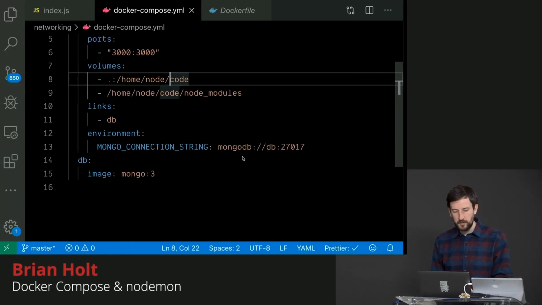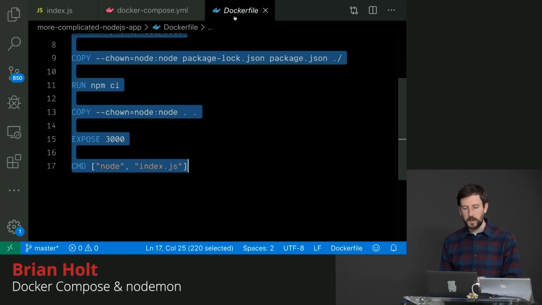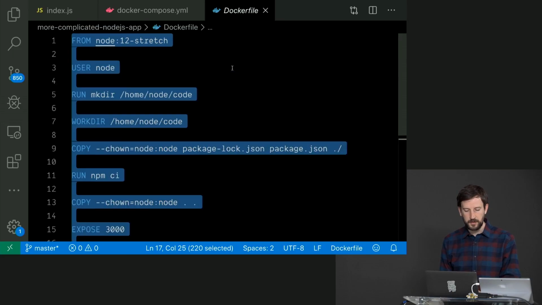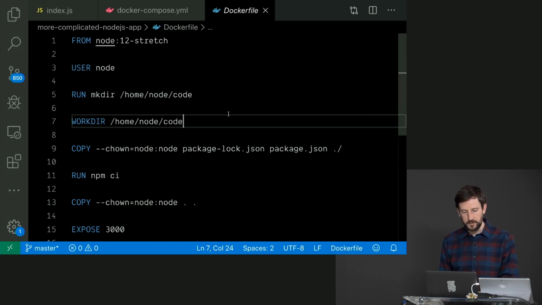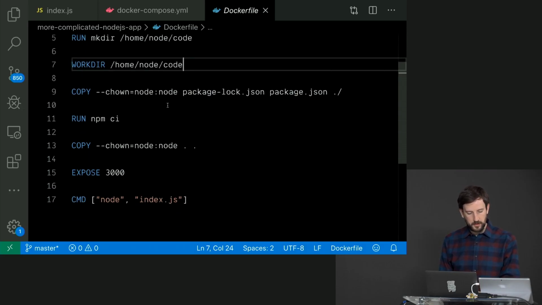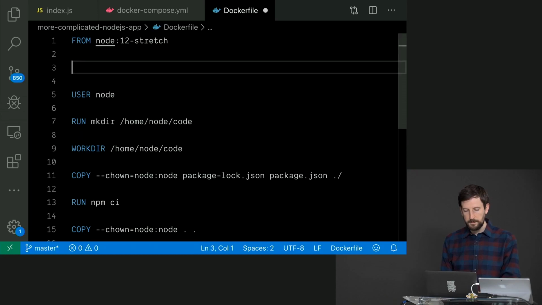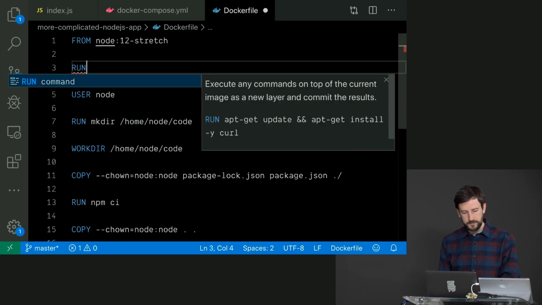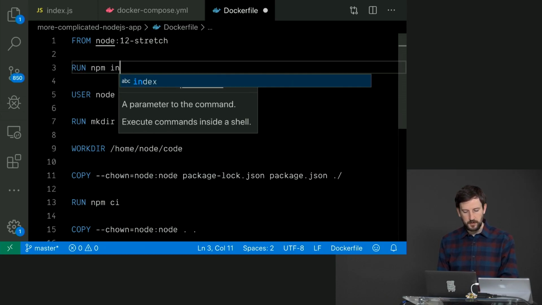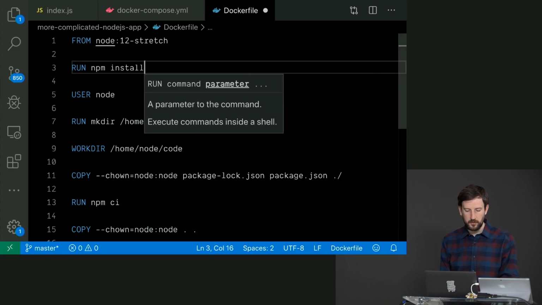So let's make this even a little bit nicer developer experience. This is what I would do if this was my particular container. I'd probably write a different dev.docker file, but let's just modify this one directly. What we're going to do here, under here, we're going to say run npm install --global, or I'm lazy, so I just say npm i -g